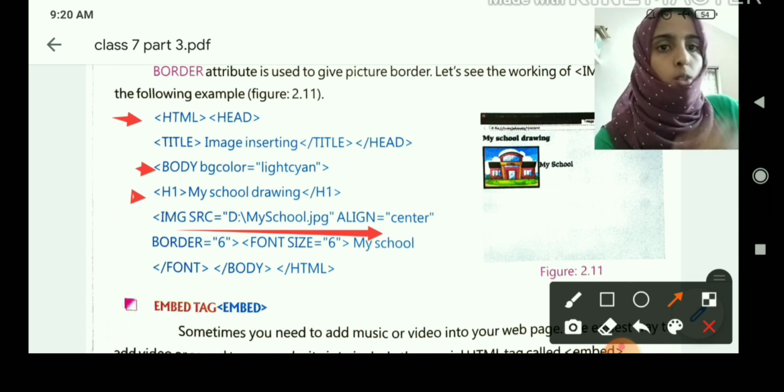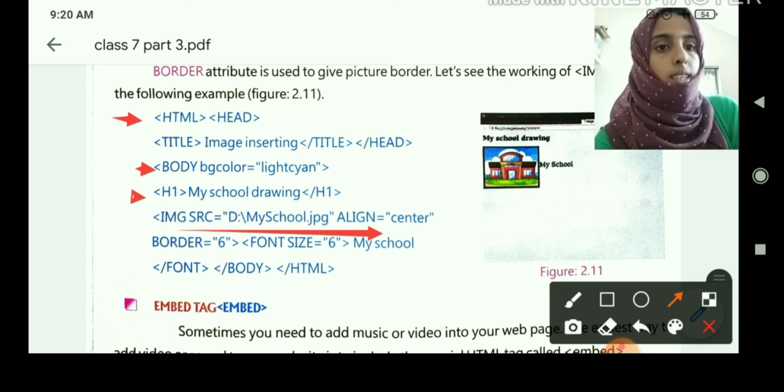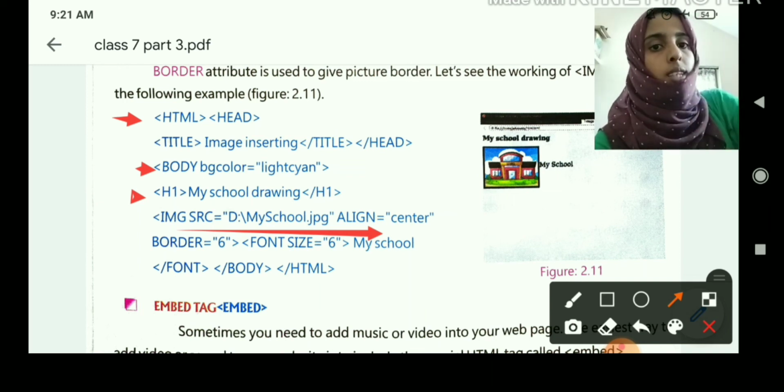Here, dear student, this is the path of the location, that means where the picture is stored in your computer. Okay, then align center, then border is 6. Then font size equal to 6. Then we write the content my school, then close the tags, that is /font /body /html.